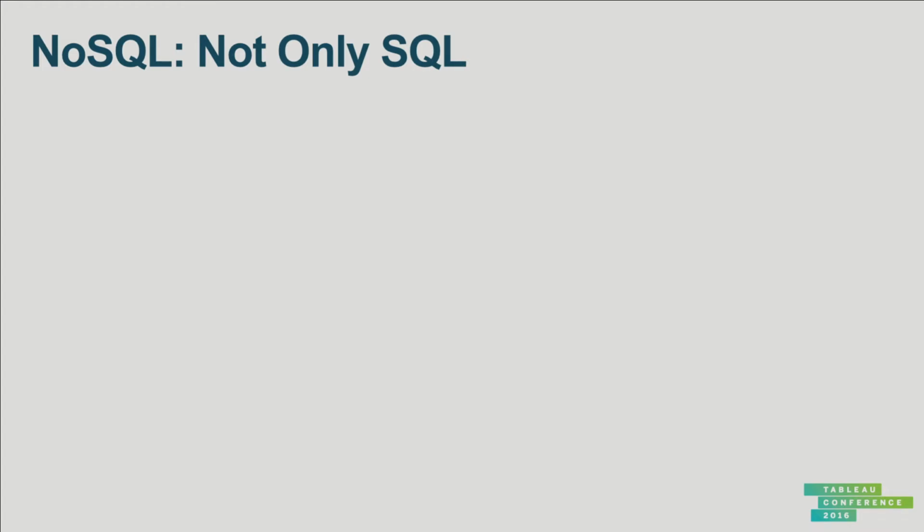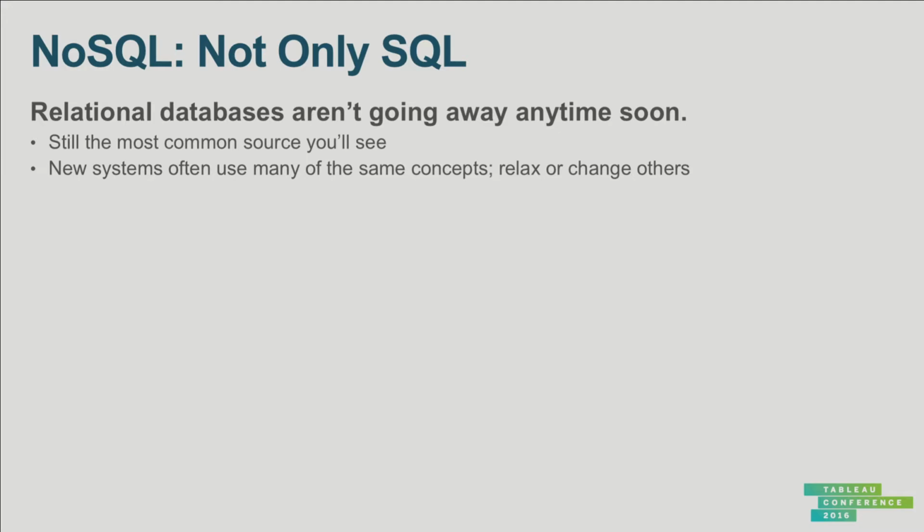This has evolved to mean not only SQL, because there are limitations in any system, and it turns out that relational systems are actually useful for a lot of stuff. And it's unreasonable to replace them everywhere. So you can get a bit choosy now as these have proliferated. Those relational databases aren't going anywhere, but you might start to see other kinds of systems.